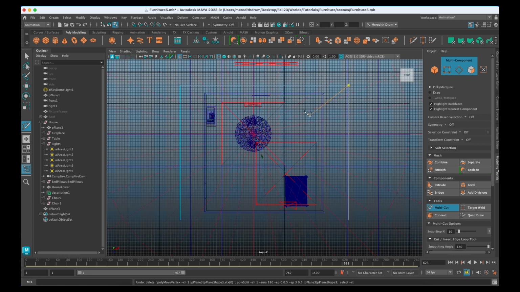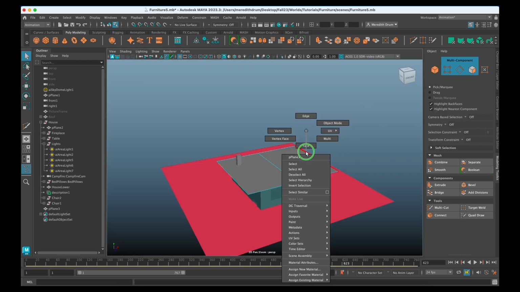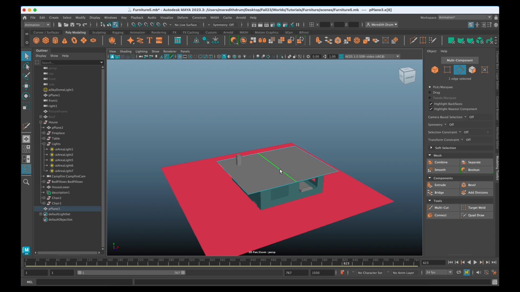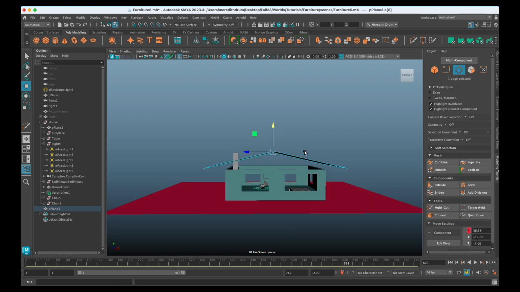So I'll undo that. So again, if I press Control, it'll give me that. And if I press Shift, it gives me increments. So 50, 60, 70. I'm going to do 50 because that's halfway, right? Oops, there we go. And if I look at it from, there it is, it's halfway across. I'm going to go into edge mode, select the edge, and bring it up. So just a simple roof. You could bring yours up more if you want more of a peaked roof, or down if you want more of a kind of modernist building with a very crawl space type attic.